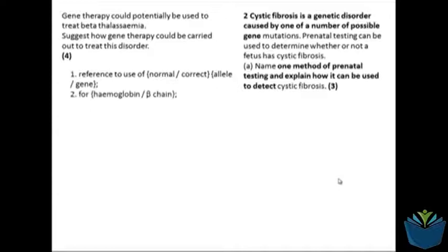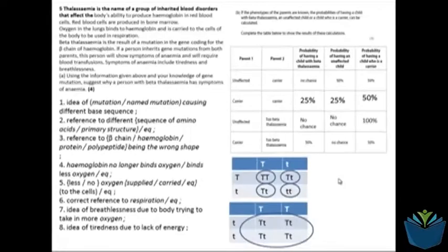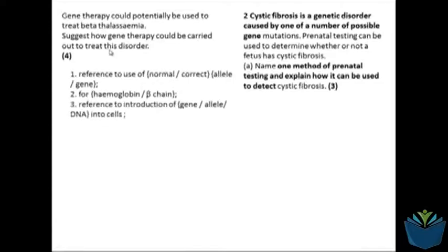And so gene therapy involves the insertion of the healthy gene, and so that's possibly where we start. So the reference to the use of the normal or healthy gene, specifically for the beta chain of the haemoglobin, because it gives you that in the question. If we flick back, because it tells you there, it's beta thalassemia, and the beta chain of the haemoglobin, you can use that in there. Therefore, you reference how you get it, basically the introduction of that gene or allele into the cells,